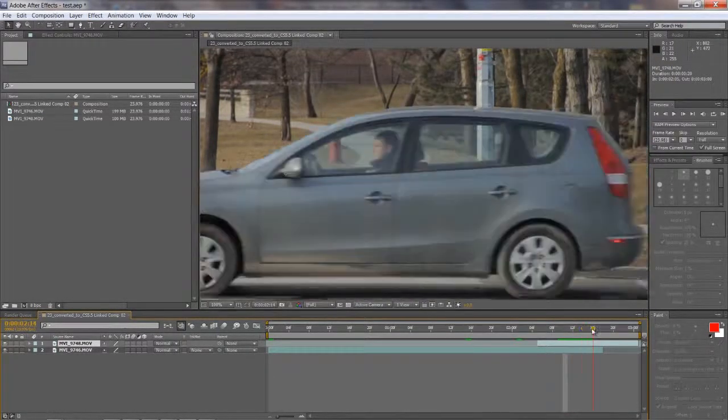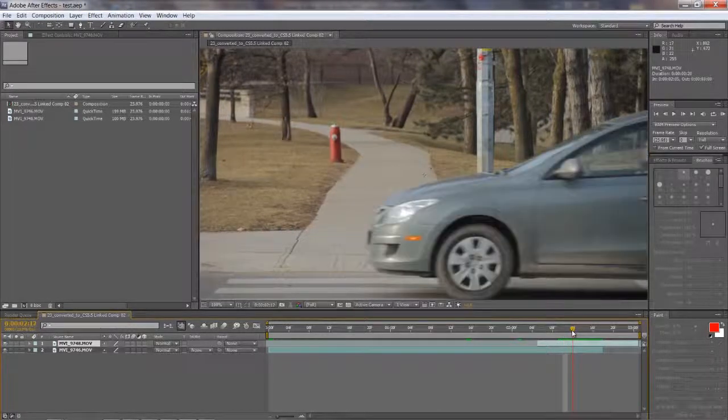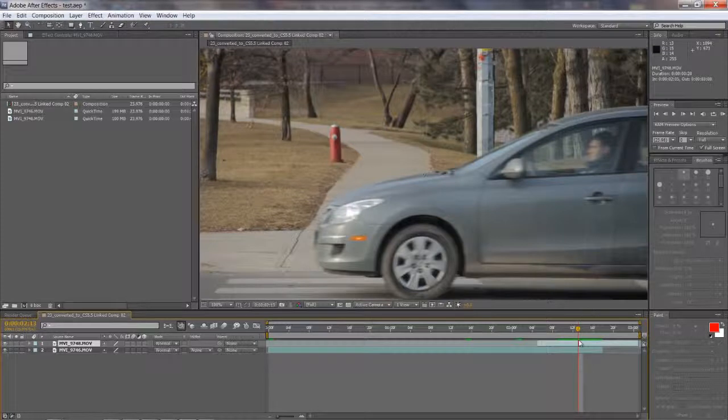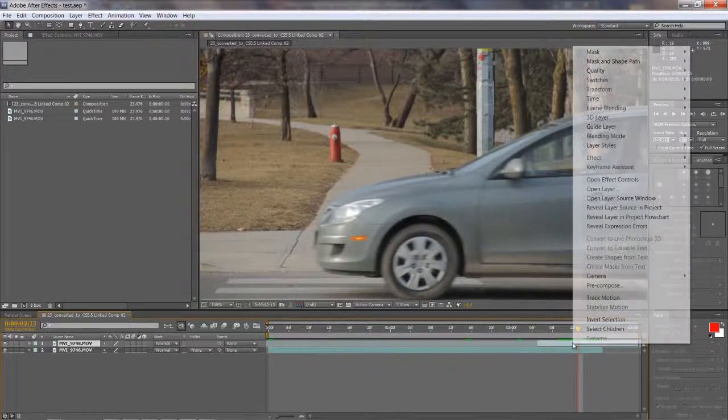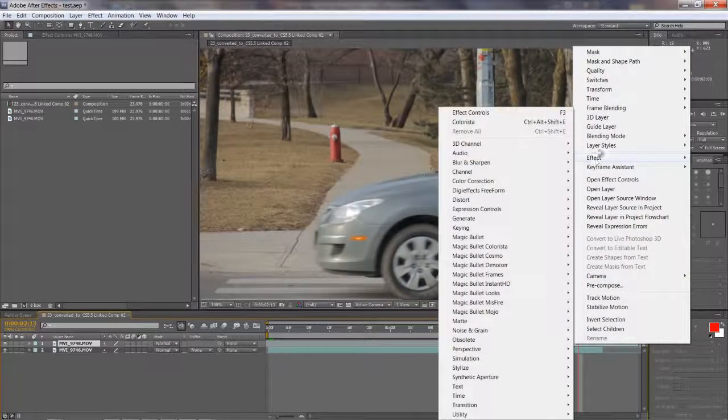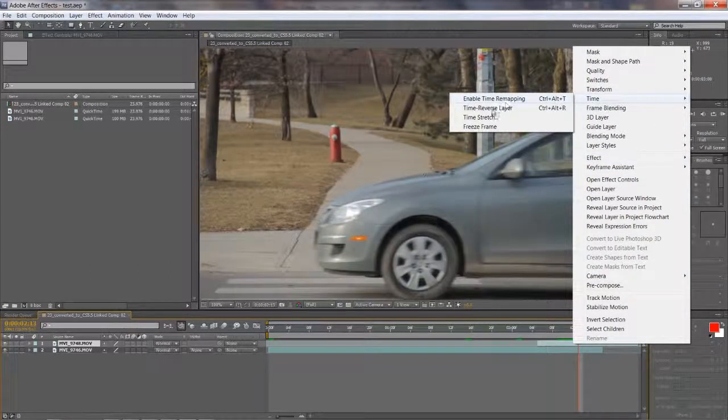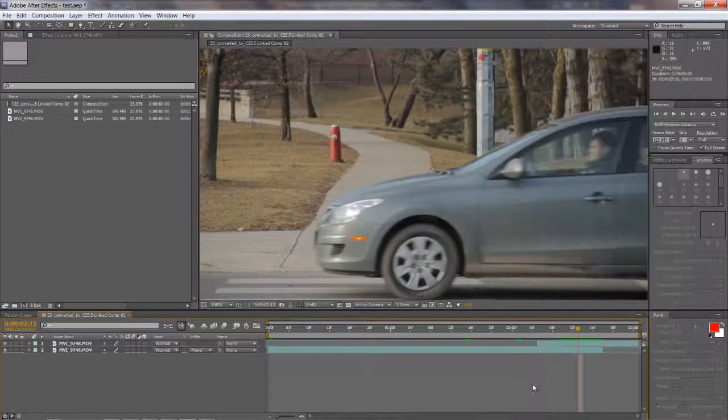And then, once we like how fast the car goes, and that was the one thing that I kept on changing. I did, I believe, like 3 versions of it, because I kept going back and forth adjusting the speed of the car. But once you decide how fast you want this car to go, you can adjust the speed very easily by going into time here, and enabling time remapping or just time stretch, and you can adjust the speed 100%, 200%, whatever you want it to be. And then